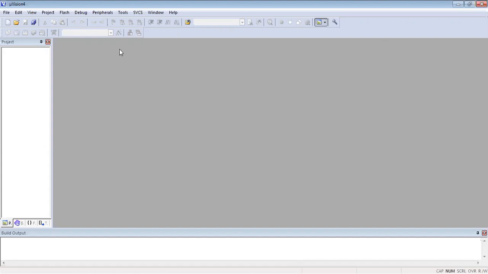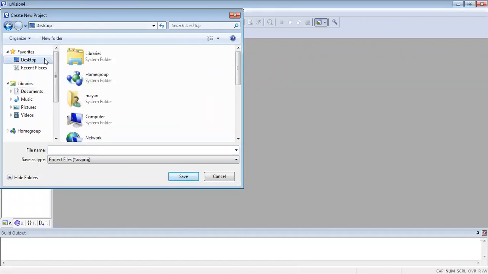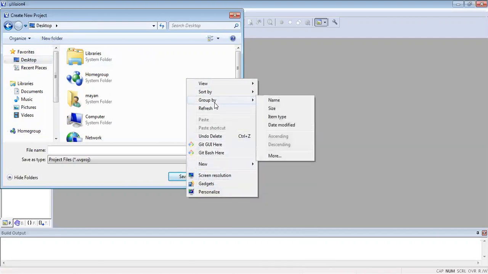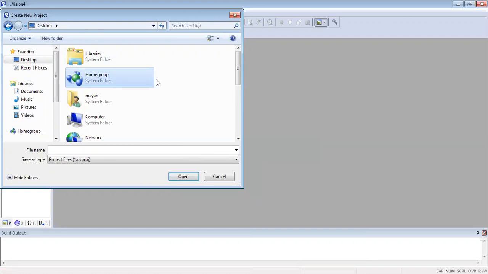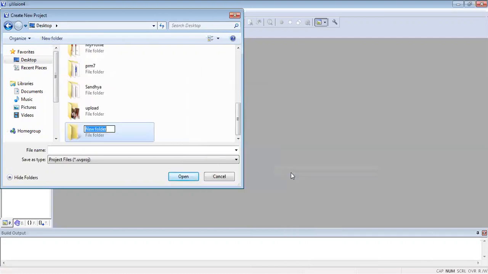First we have to select Project, New MicroVision Project, and save this file on the desktop. There we create a new folder and name it program 1.